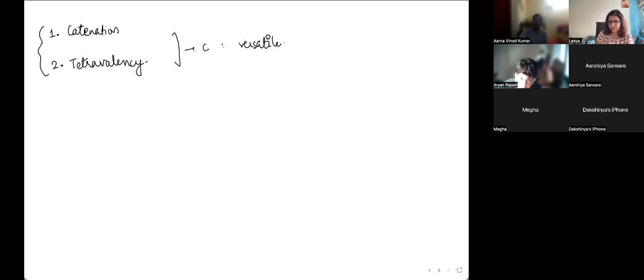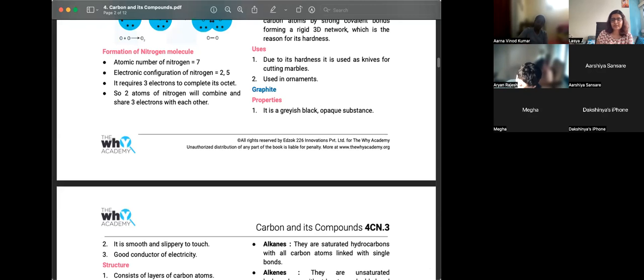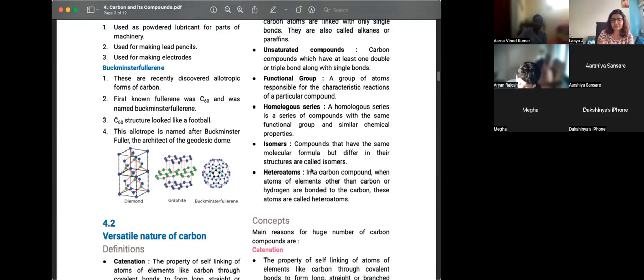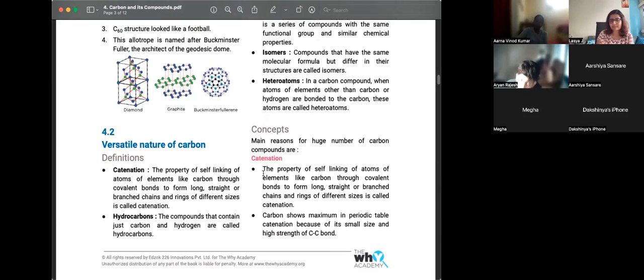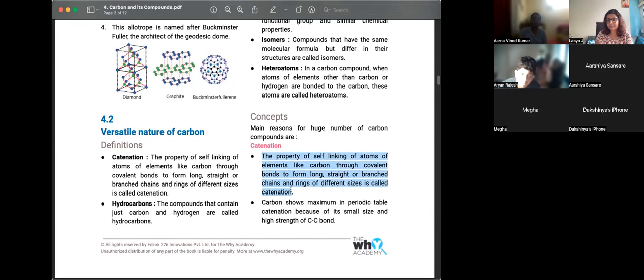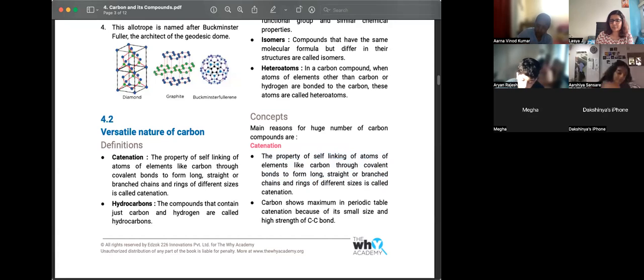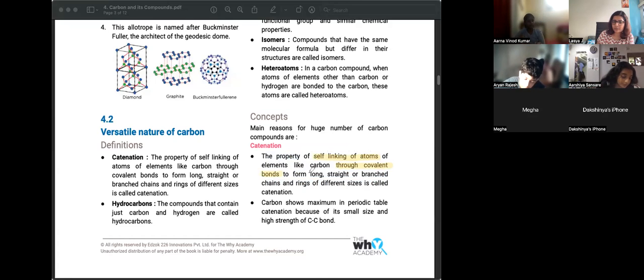These may sound like new words to you guys, so let's see what each of them means. You can note down the definition for catenation. So this part right here. Catenation is the property of self-linking of atoms. Again, I'll highlight the important points. Self-linking of atoms of elements like carbon through covalent bonds to form long